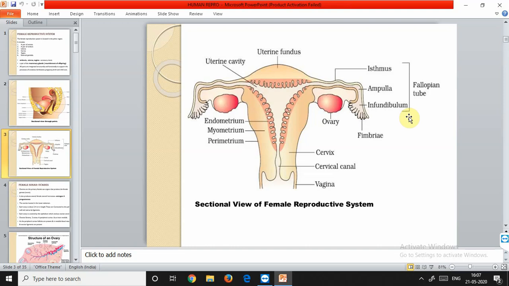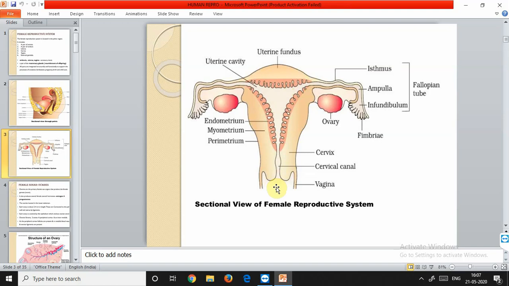Now the ovum is passed down the duct, and this is passed into the uterus. This is the uterus, and from the fallopian tube the ovum is carried into the uterus. Now from the uterus it passes out of the body through the vagina. This is the vaginal opening, and from here the ovum is passed out. The ovum is very small, and therefore it is not easily noticeable.